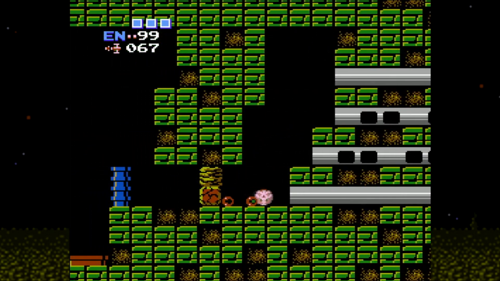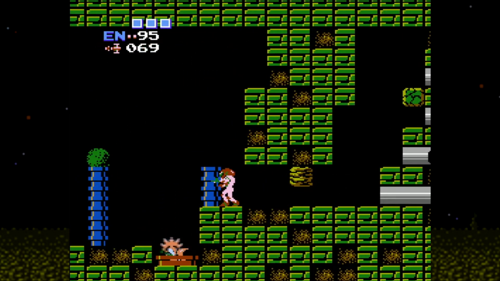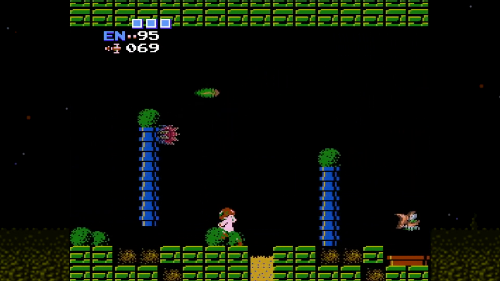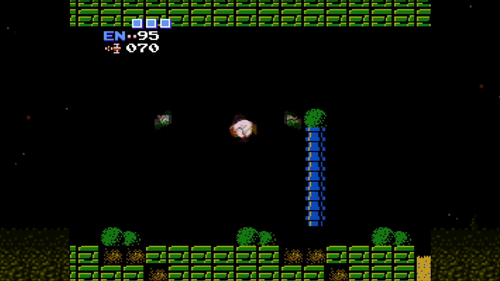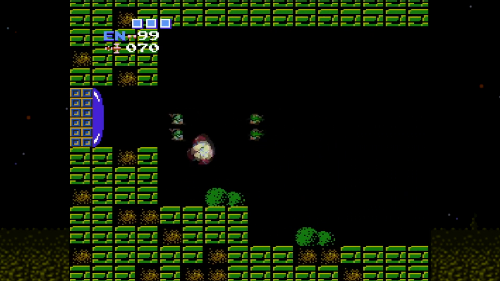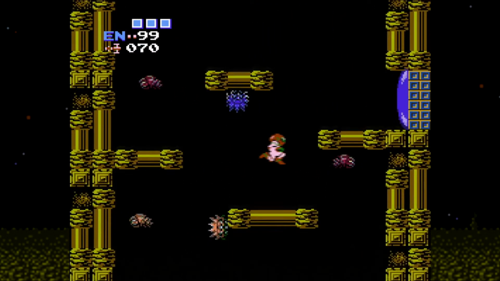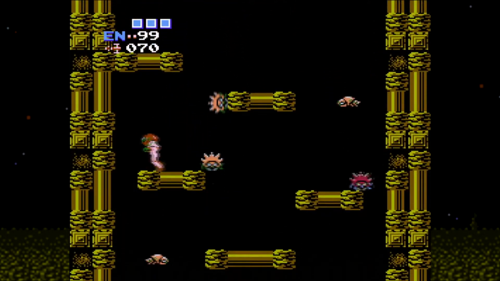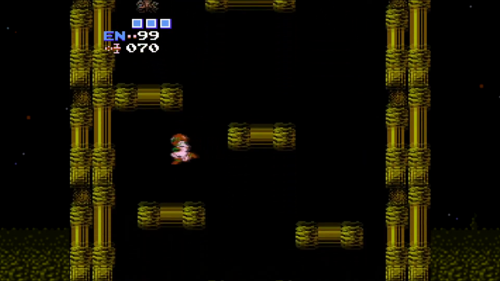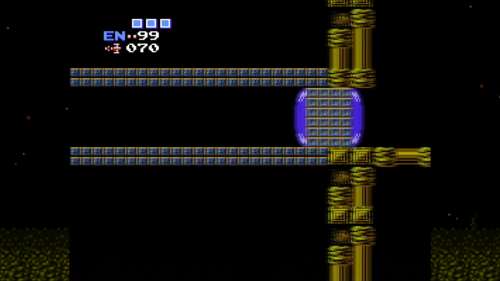I probably wouldn't have died nearly as much had I had that. There's some more missiles. So the little two enemies down in Norfair would not drop missiles. They rarely dropped anything at all. So I ended up having to go to where the ice beam was that I showed earlier and farm those ball enemies,